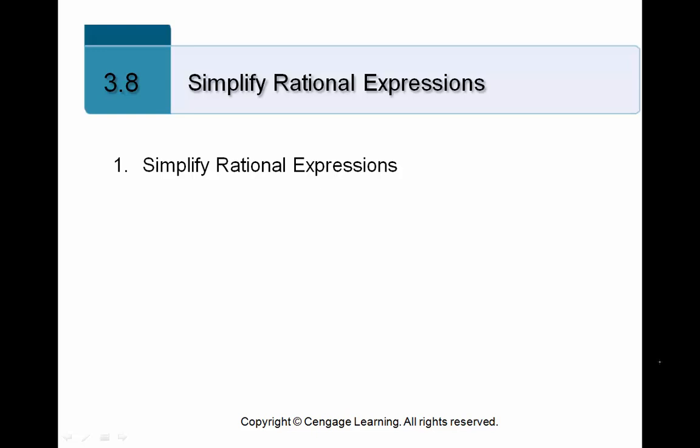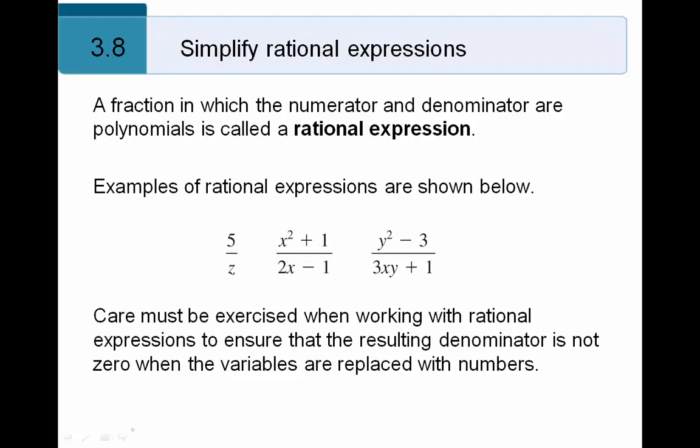Section 3.8. In this section, we will simplify rational expressions. A fraction in which the numerator and denominator are polynomials is called a rational expression. Examples of rational expressions are shown below. 5 over z, x squared plus 1 divided by 2x minus 1, y squared minus 3 divided by 3xy plus